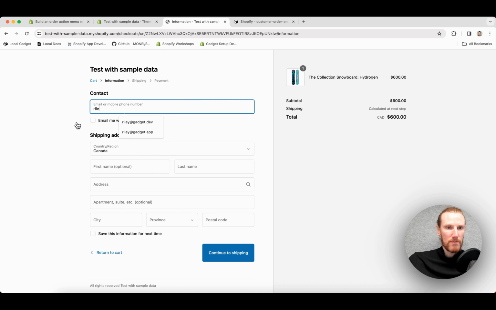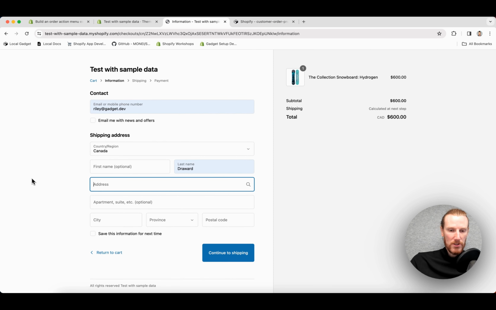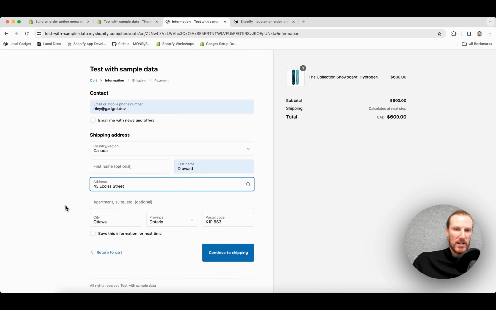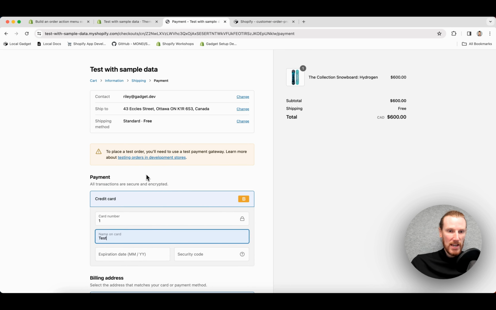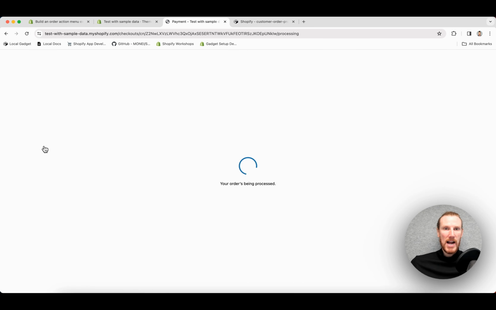I'm going to go ahead and enter my email here, riley@gadget.dev. I'll fill out some information. I will use the Gadget address. Save it for next time just so I don't fill it out again. And I will continue through these steps. I'm just using Shopify's bogus payment gateway. So this will just create a test charge and I will click pay now and this will actually create the